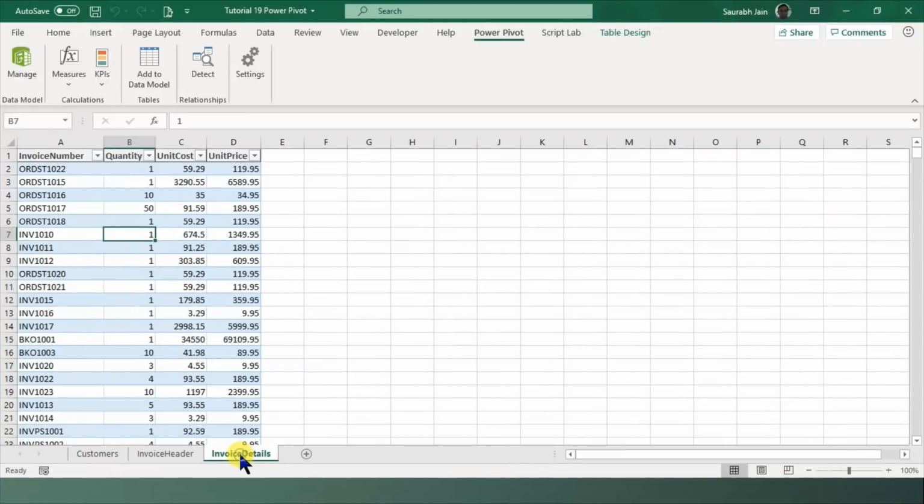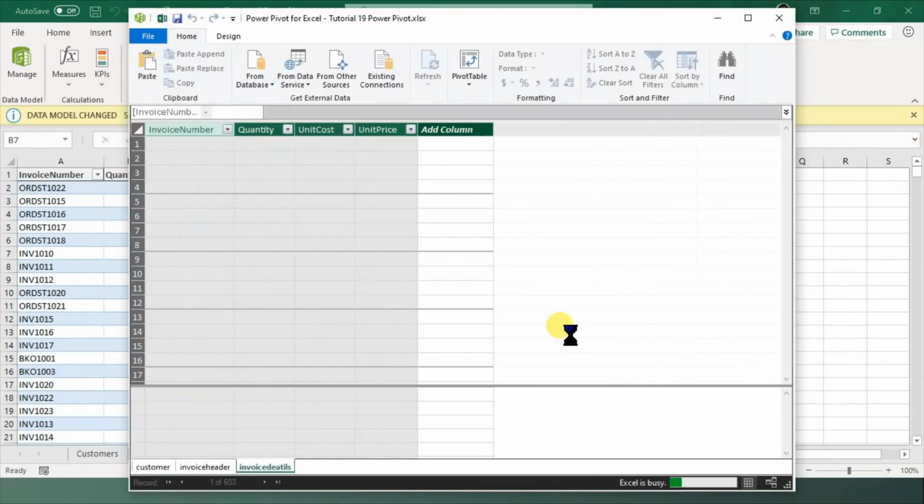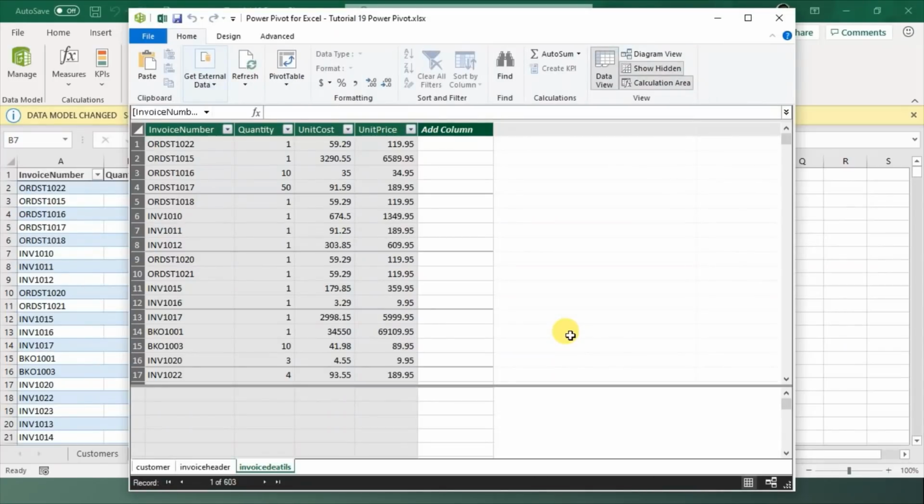Now let's add the third table also into the data model. So now we have these linked. But Excel doesn't know how to link these three tables. Linking these tables is called adding relationships to the tables. How will we do it? We have this